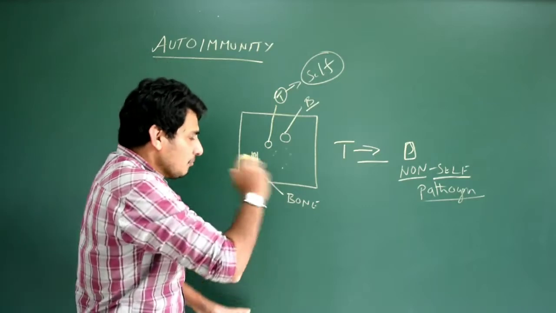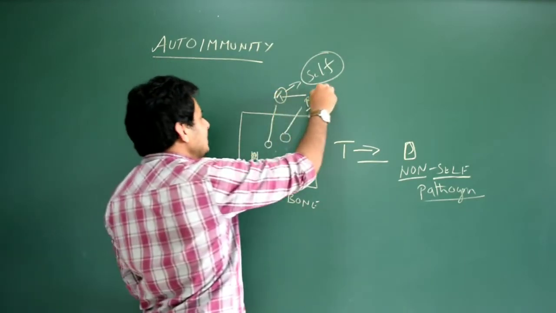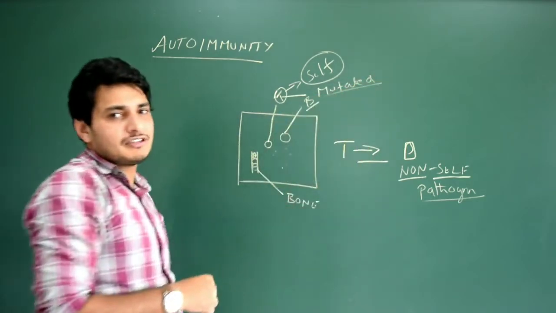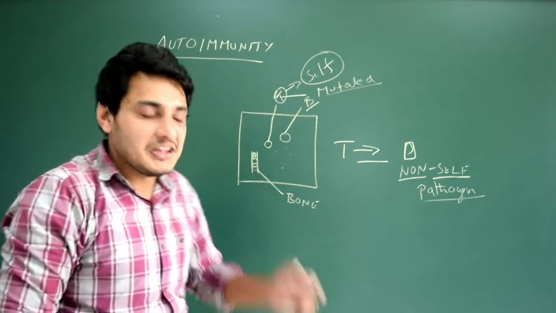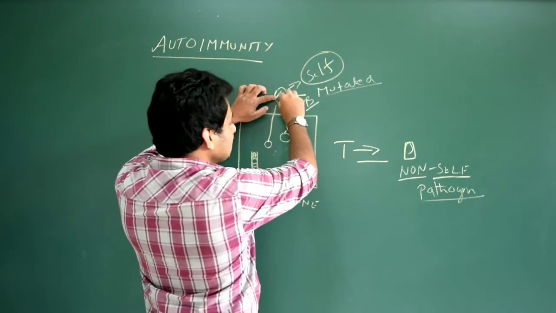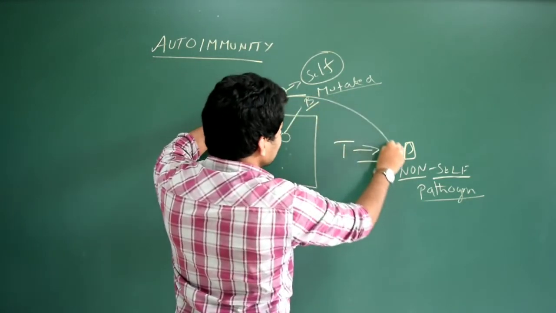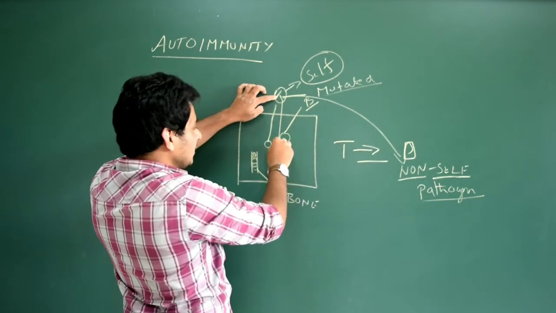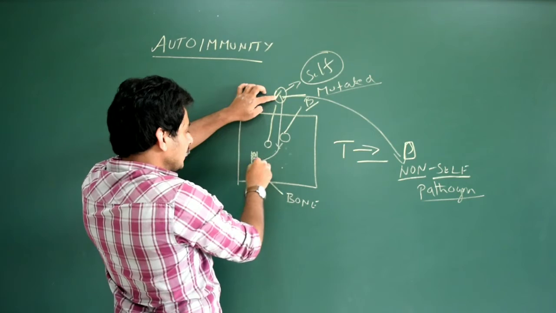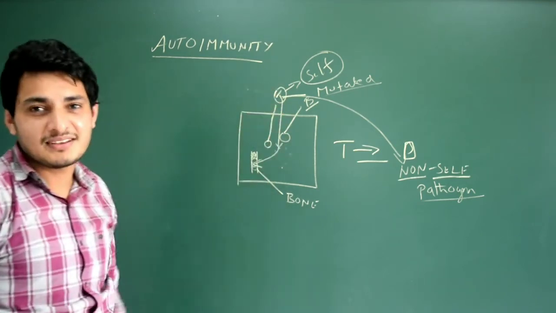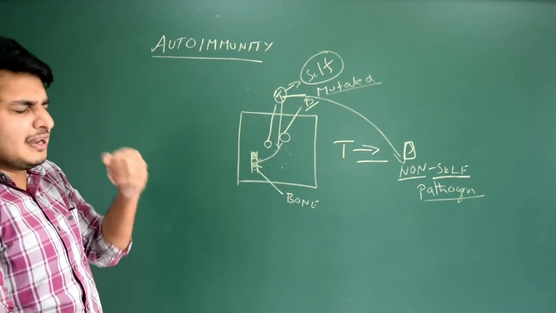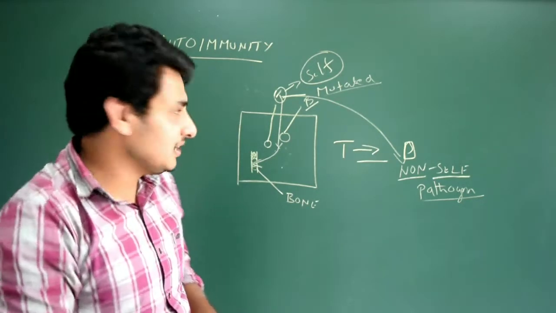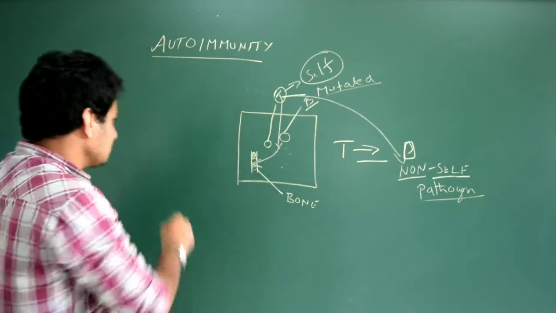What if this T cell is now mutated? You know about mutation now. Something has happened in the DNA of the T cell. It is mutated. Now, instead of differentiating the self cells from non-self cells, what if it fails to differentiate, which leads to the killing of our own cells? It happens. Let me tell you, 30% of the Indian population have this disease, which is called